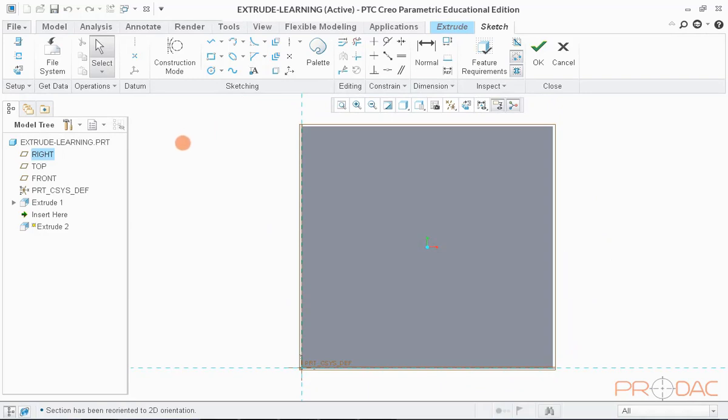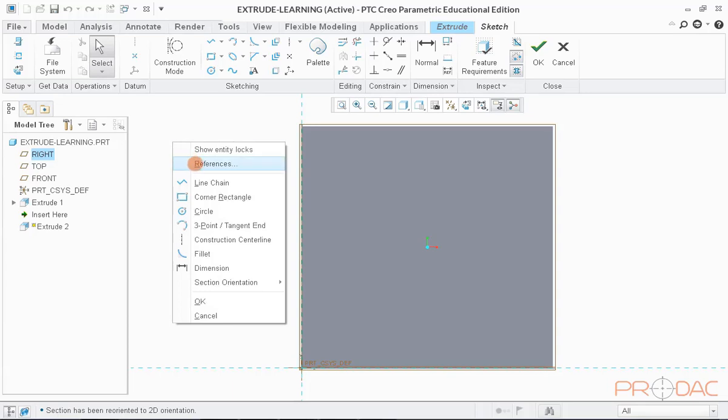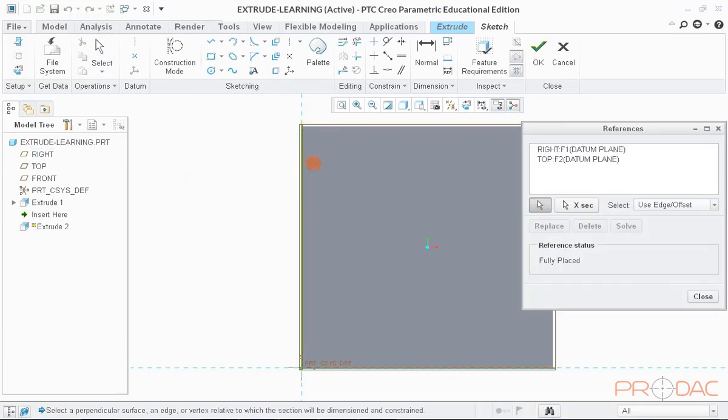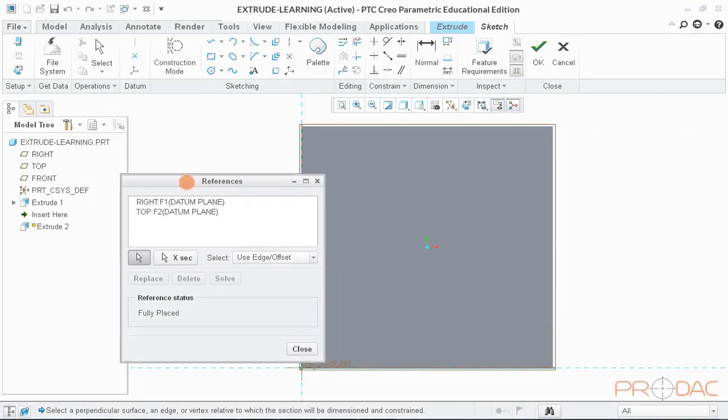Now, press and hold right mouse button anywhere in the graphical window area. Choose the option Reference from the pop-up menu. Next, define the horizontal and vertical references by selecting the horizontal and vertical edges of the model. This would define the position of sketch with respect to the selected references.